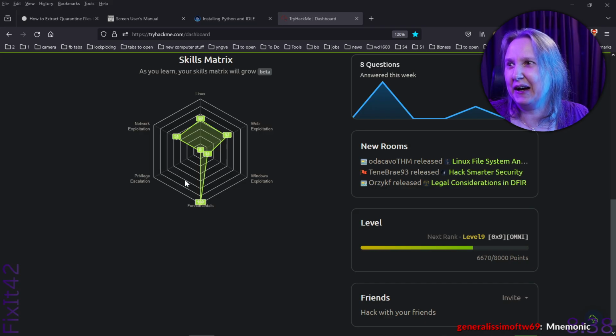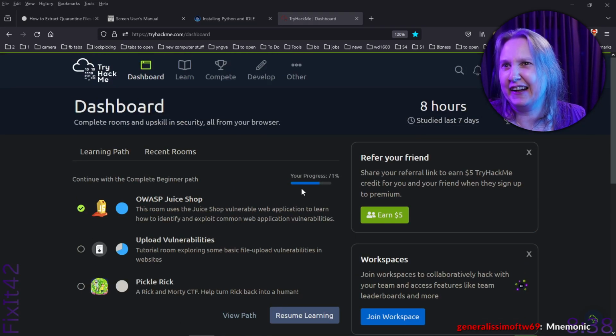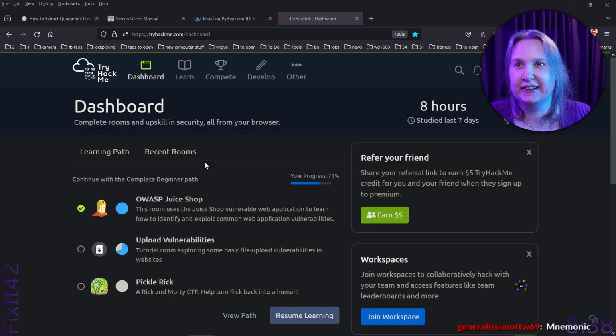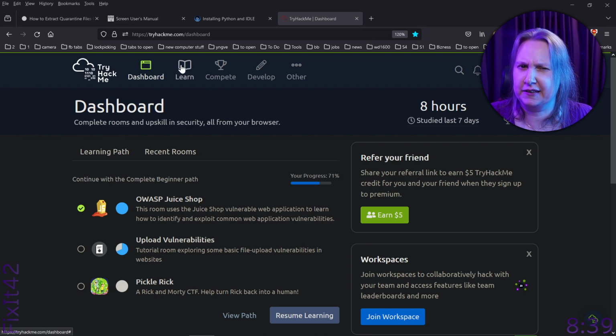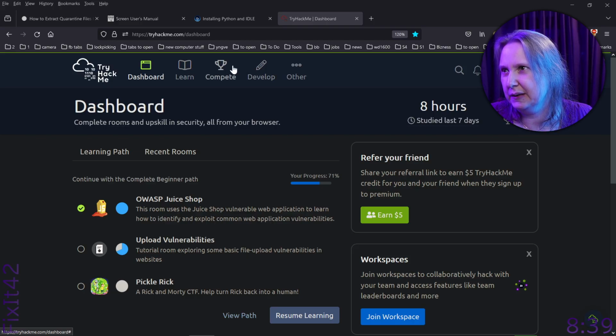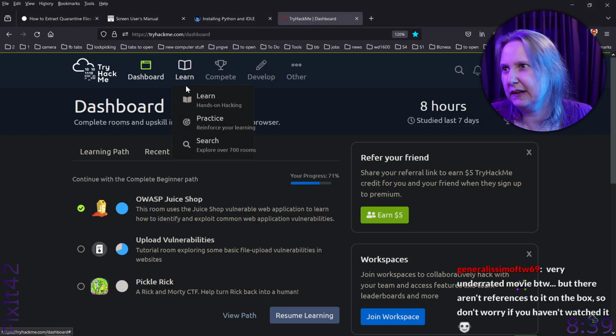And here you can see I'm kind of a noob. I haven't done this in a long time now. I was at 4% somehow, and then they changed, I think it was when they changed the birth ones, and I didn't do this for months. It was kind of odd that you could get to 4% in a few days just from doing some stuff. I think it's like learn search.